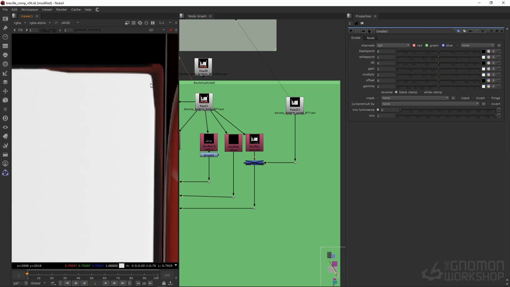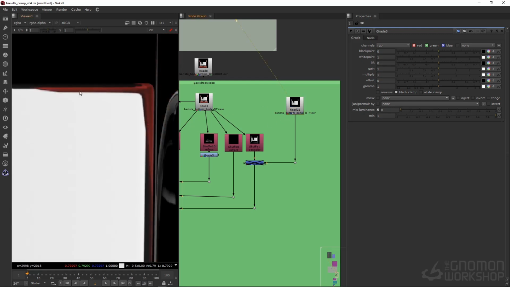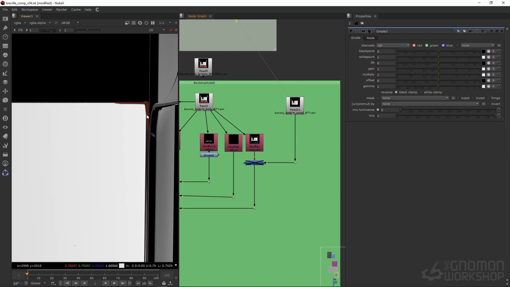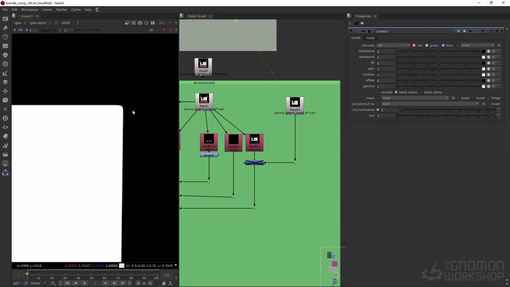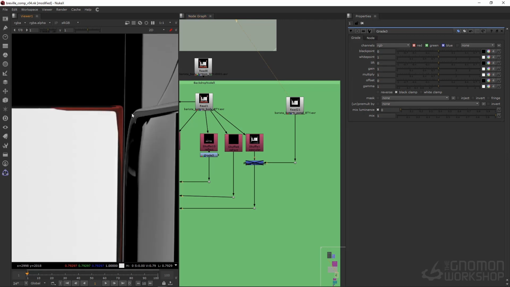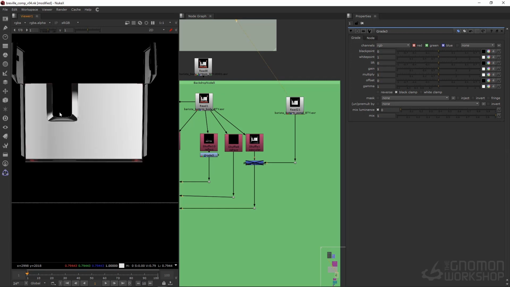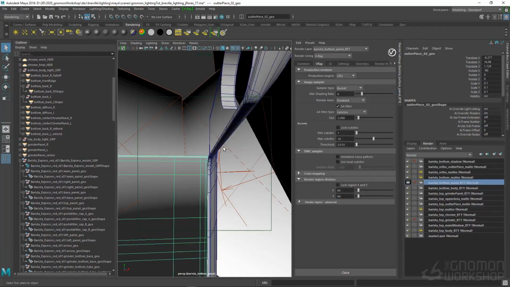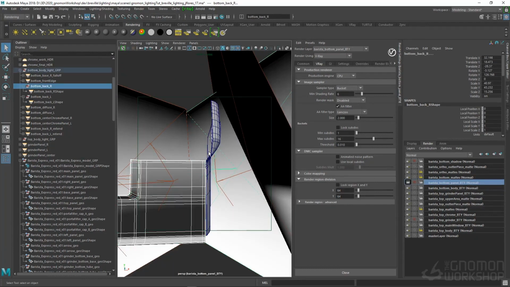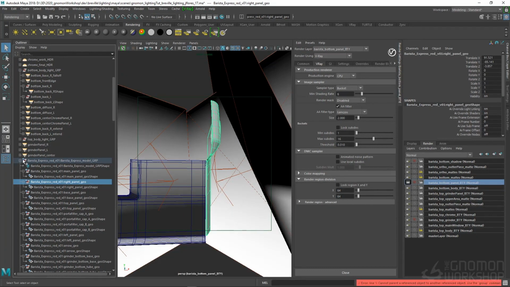So if I go in here, you can see it in the render. We're still getting some of that reflection. But more importantly, I'm not getting an alpha from this guy. I'm just getting a clean alpha of just this piece of geo. Now the way to do that is using our V-Ray object properties. If you remember, we have our